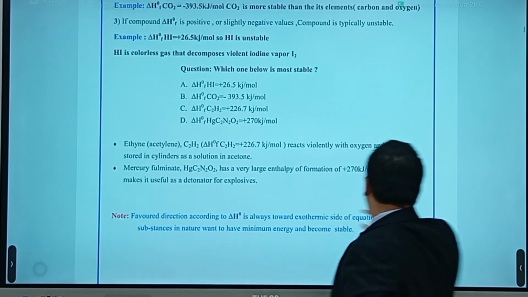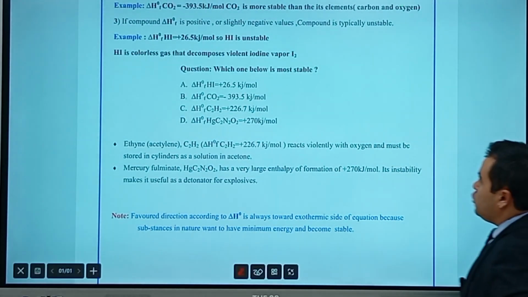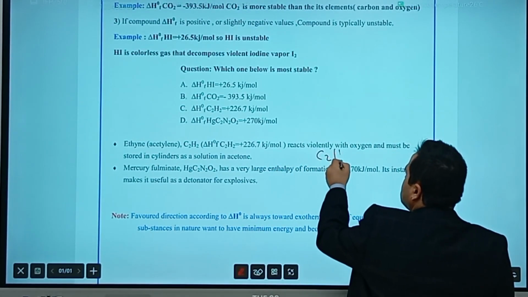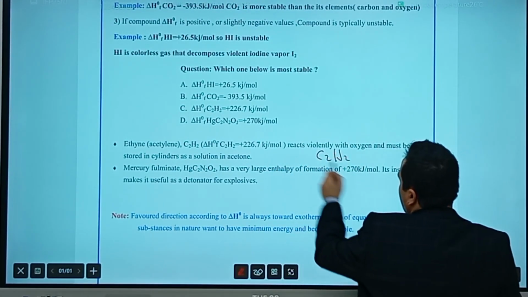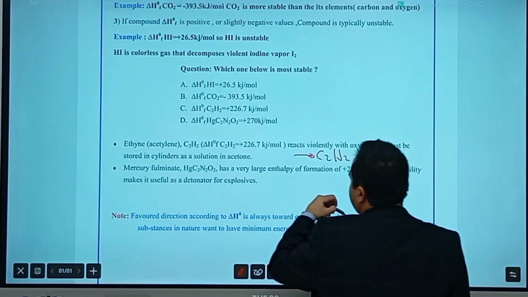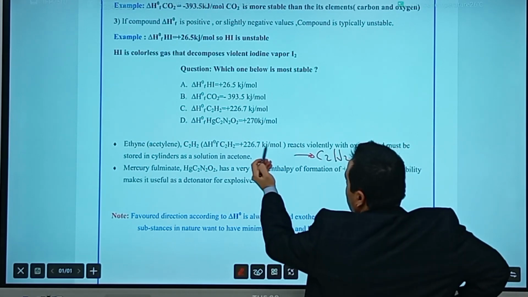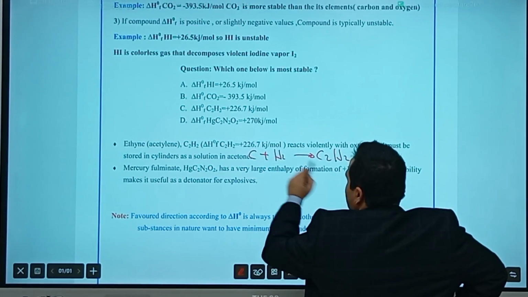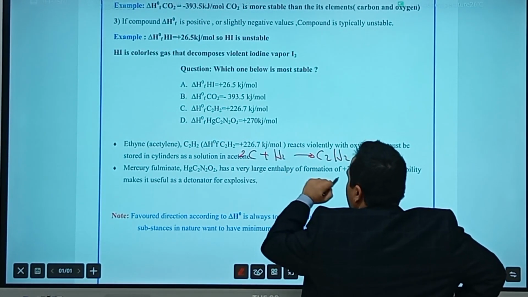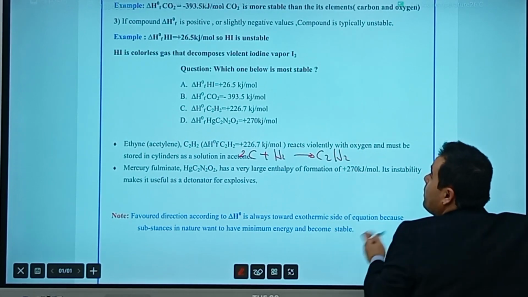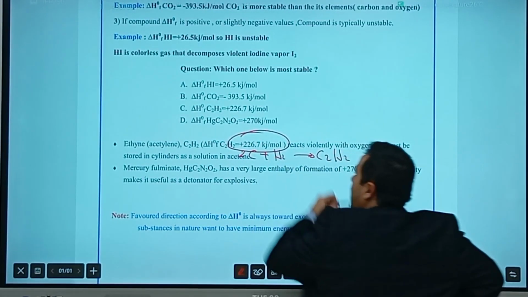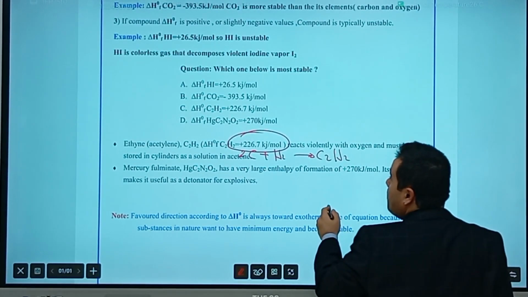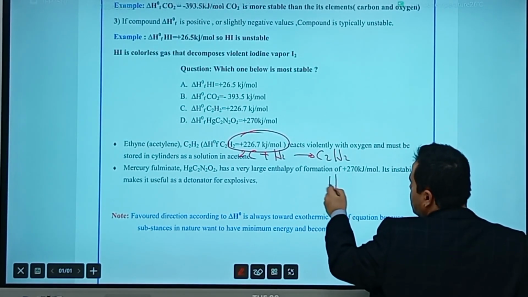The formation of HI we said is 26.5, endothermic. The formation of C2H2, guys, which is acetylene or ethane, we'll be talking about this in chapter 9. Guys, this is from carbon and hydrogen. The carbon should be 2 here, and then that's a balanced equation. This formation has the positive enthalpy, which is 226.7, and the formation of mercury fulminate, which is